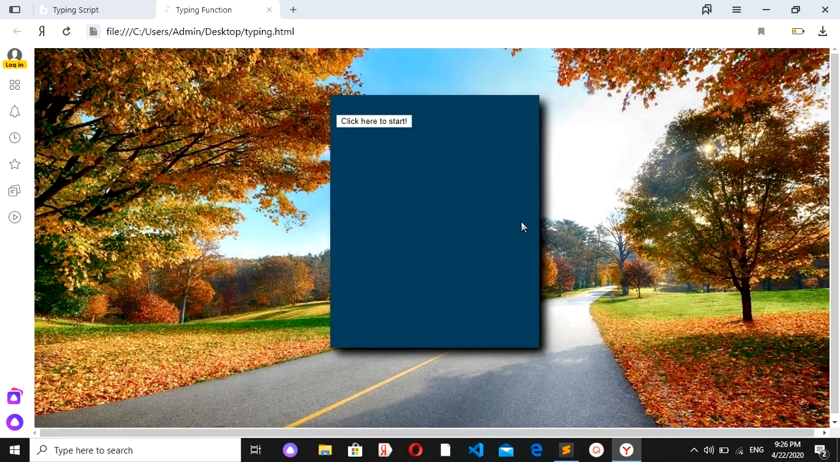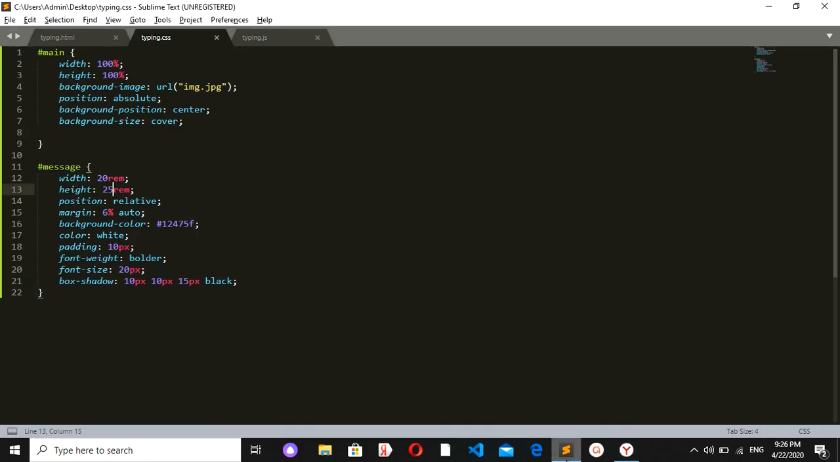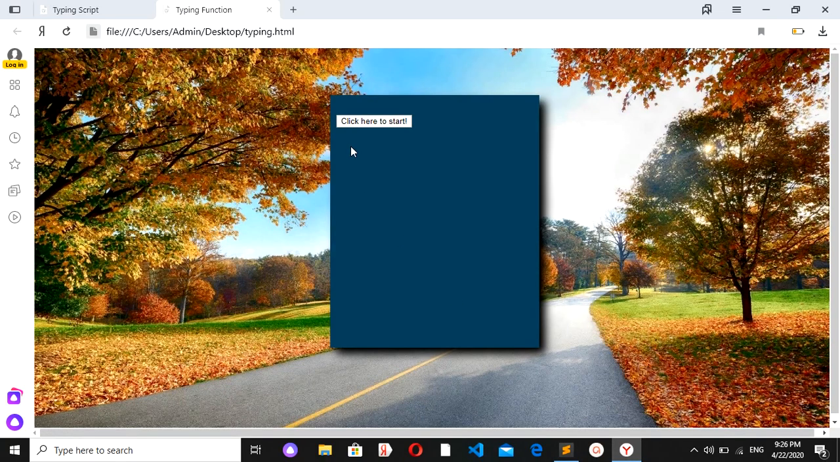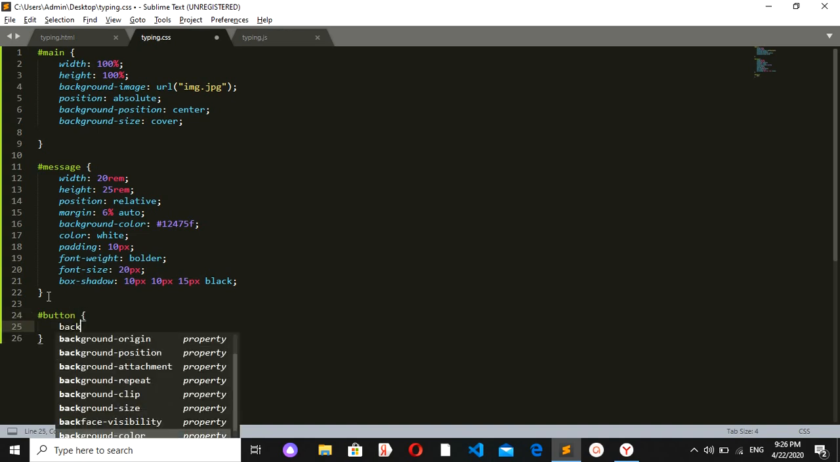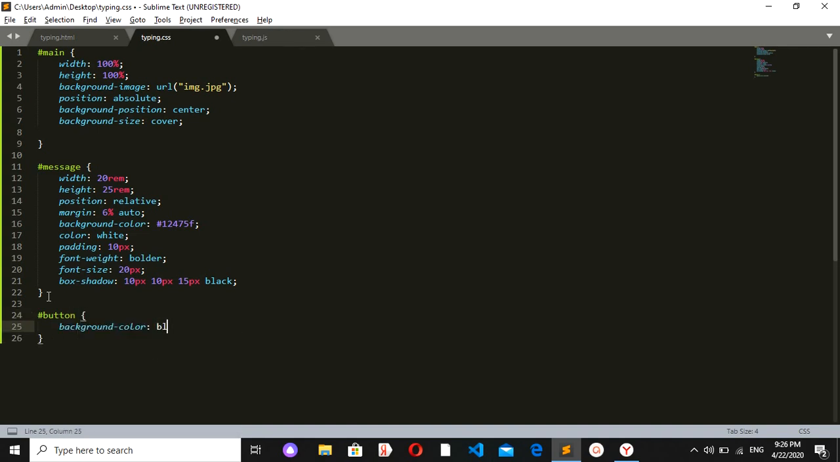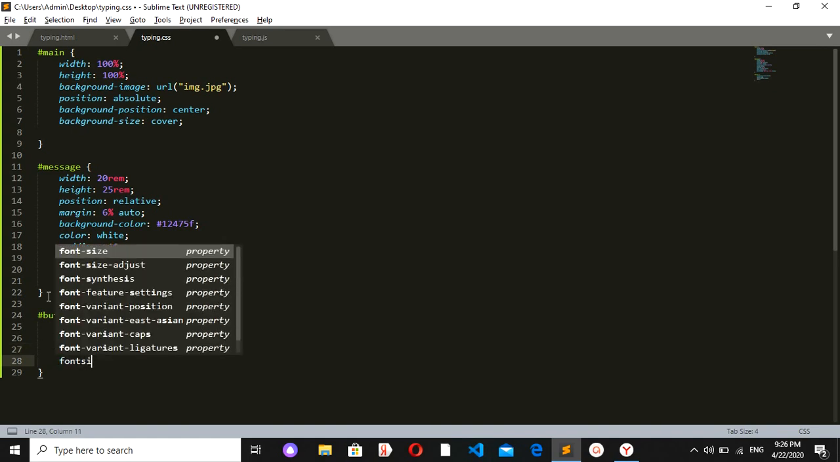So here it is, better now. The last thing left is to design this button. So I will go to my CSS and say the ID of button should have the background color of, let's say, black, and the color should be, let's say, red, and also font weight to be bolder, and also, let's say, font size to